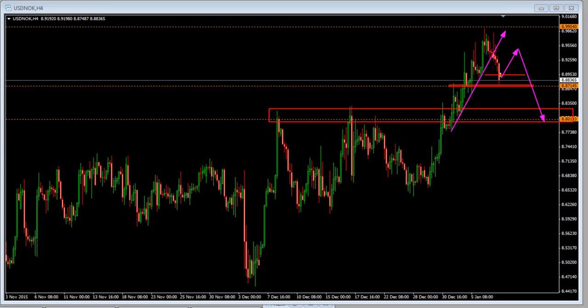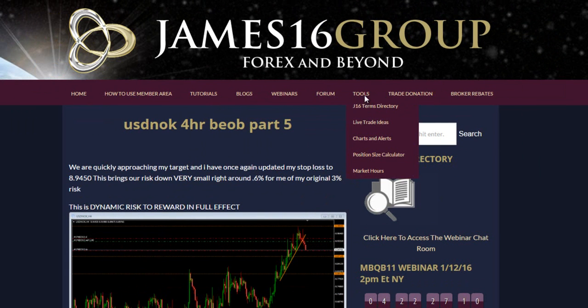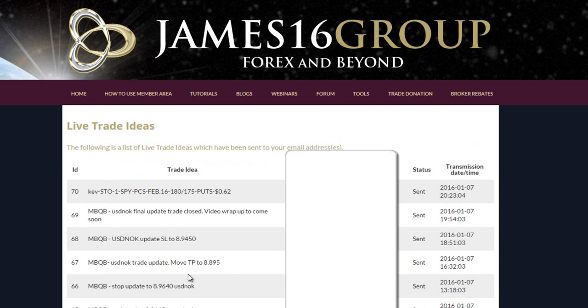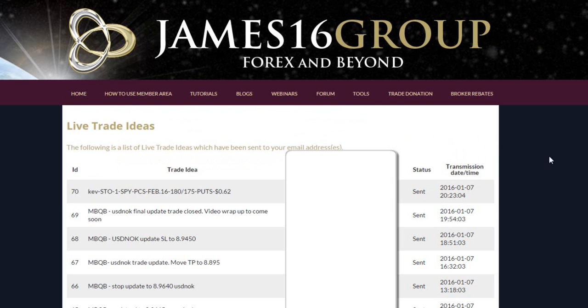I just want to clarify one thing in here so you guys have a little bit better idea of how to use this alert. If you go to your alert section here under live trade ideas and you come down to your list, what you're going to see is all those messages that I sent, and they're time-stamped, verifiable. Right now I'm just blanking out my actual phone number here, not that it matters, but just because who knows where this stuff goes. But these are your email addresses where it's going. You have a primary and a secondary that you can put into your settings here.